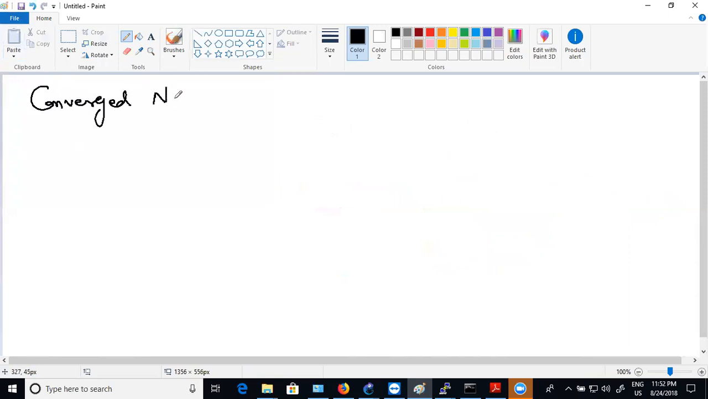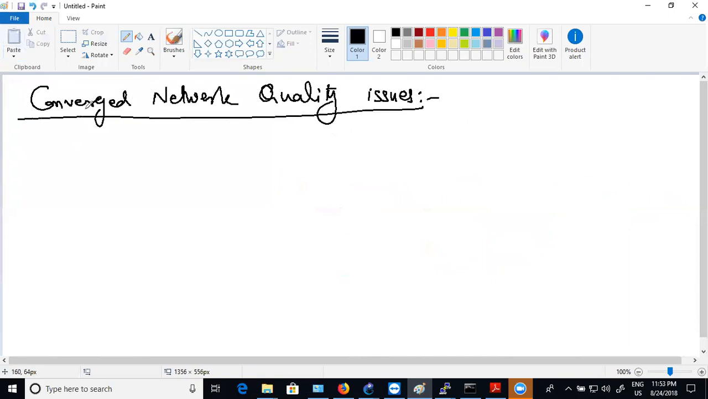Converged network quality issues. First thing is lack of bandwidth. Means